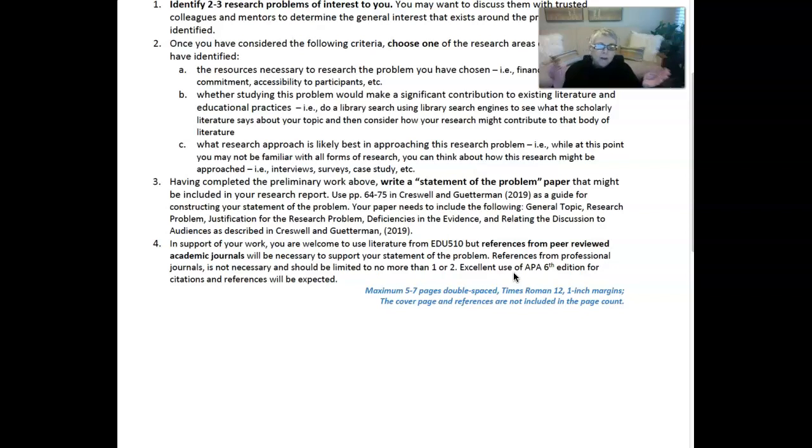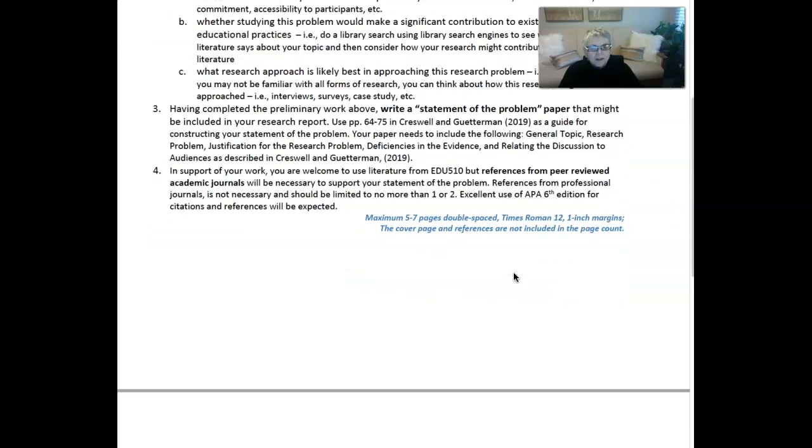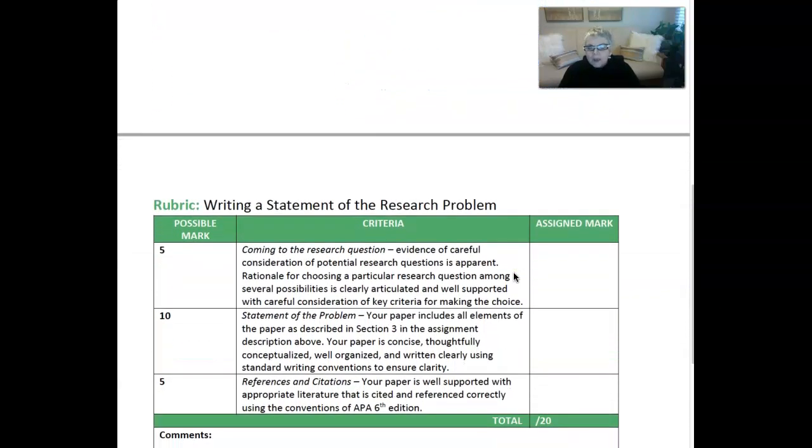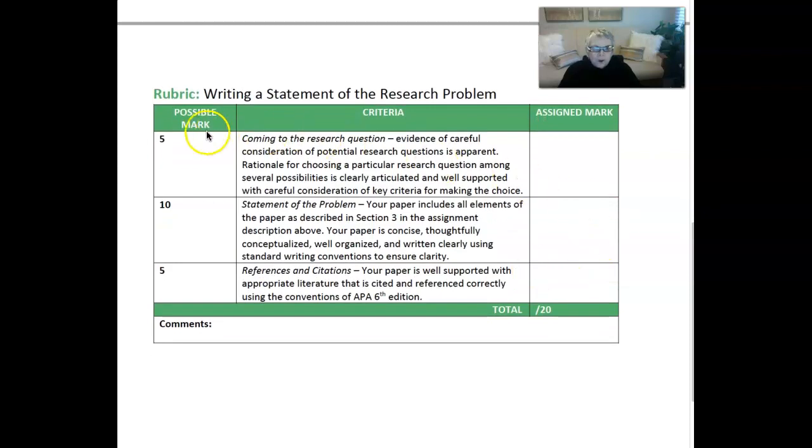Now, of course, we're in the intergenerational space between the 6th edition and the 7th edition. But this group will be using the 6th edition, and I imagine by now you're quite familiar with it, and you either have the book or you have the resources that are necessary to be able to use it with expertise. So then the rubric is going to give you a few marks for